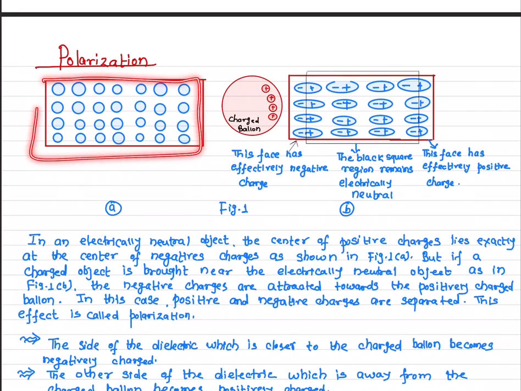Let's say you have an object here and all the circles or spheres represent the atoms. If you have an electrically neutral object, that means the center of positive charge and the center of negative charge lie exactly at the same point, the same location. So the atom looks like a spherically symmetric object. That represents a neutral object